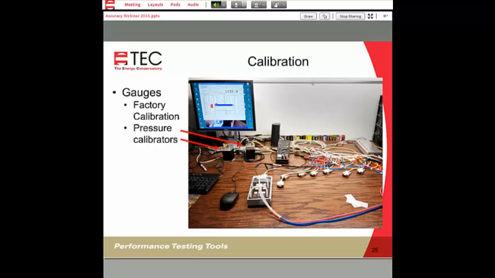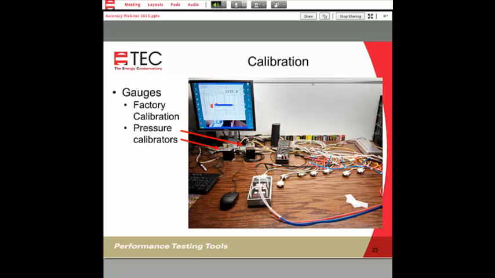This picture kind of gives you an idea of what our calibration bench looks like. In the foreground, you see a gauge with pressure hoses connected to it. And to the right of the gauge, you see a number of serial ports. We can do calibration of up to 8 gauges at a single time. But usually when we're doing calibration of individual gauges, they're done one by one. This 8 is usually set up when we're doing new gauges.